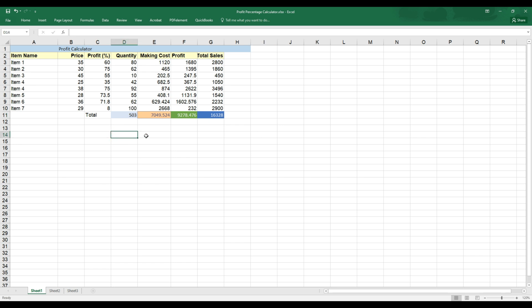We can also mention like this, total sales, total sales, total profit, total making cost. Okay, so now what we will do is, in these cells